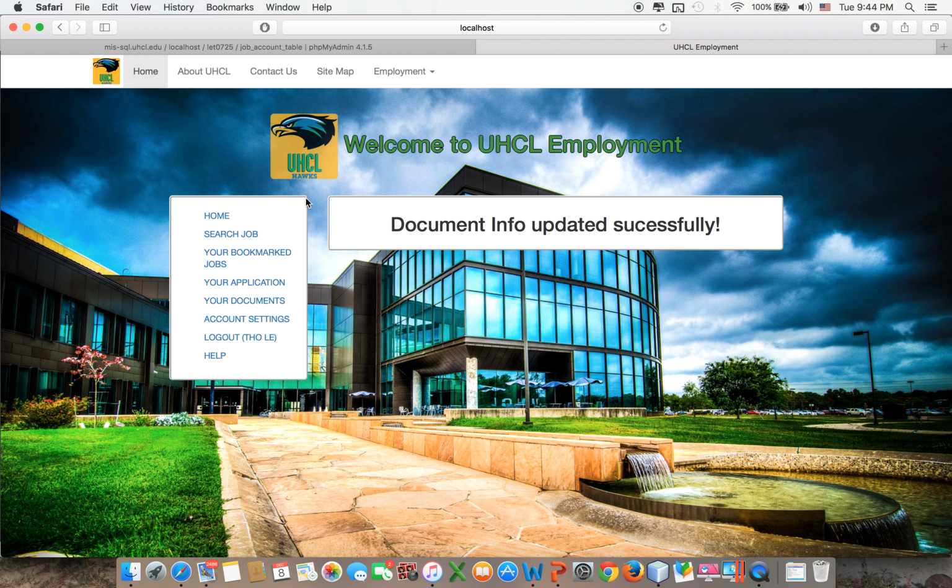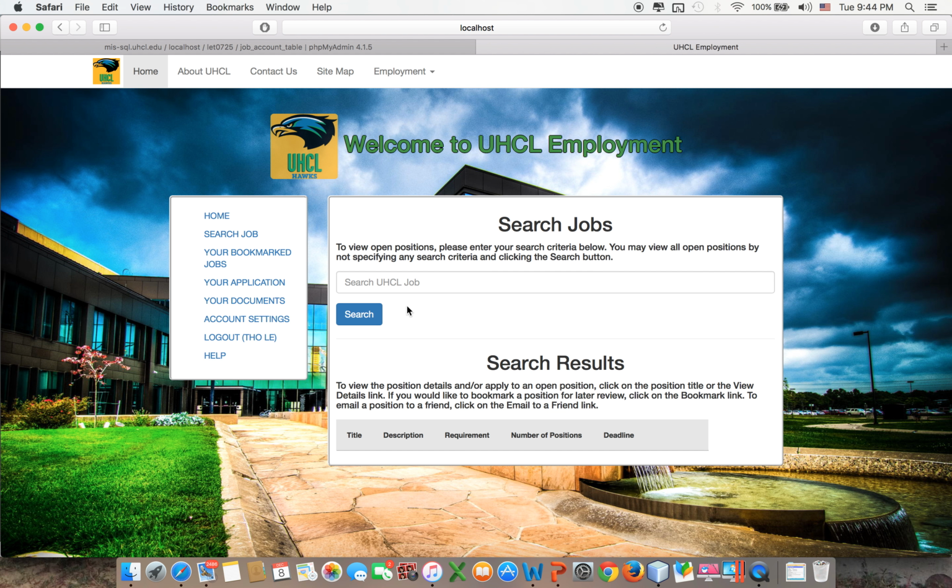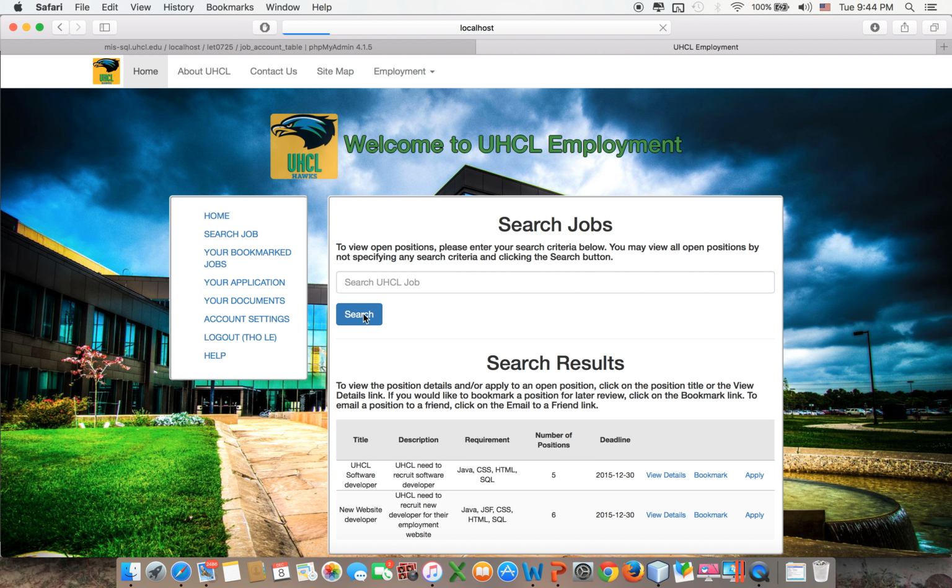Now I need to search for a job. Okay, if you don't know which job you want to look at, you just click the button. Otherwise, you put the keyword in the search engine text box. Alright, I click the search button and I can see that